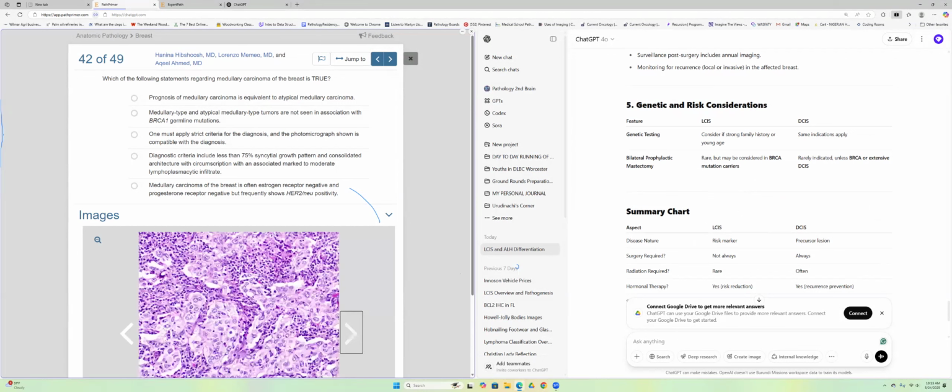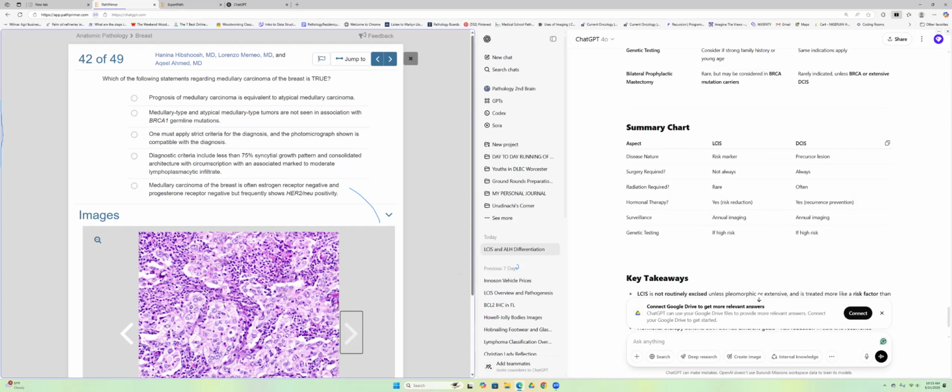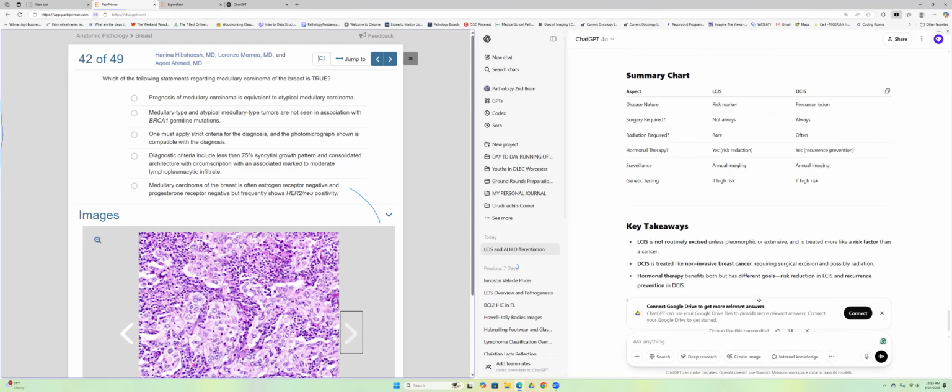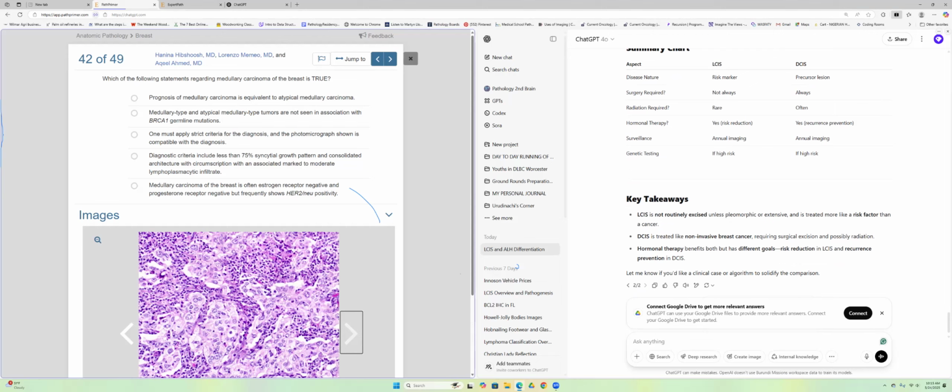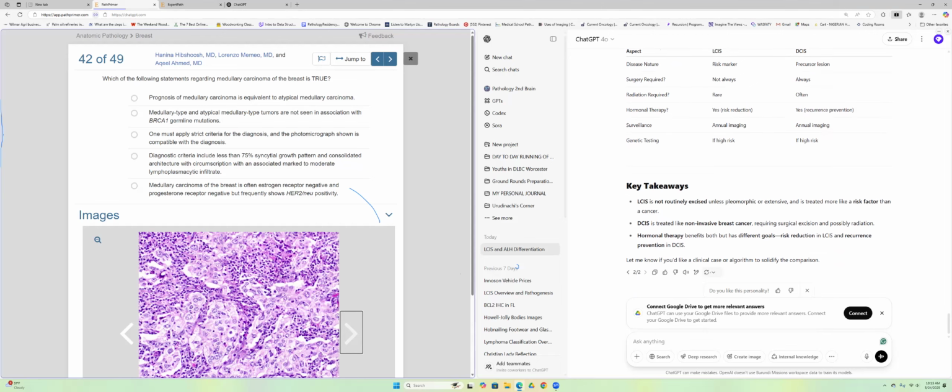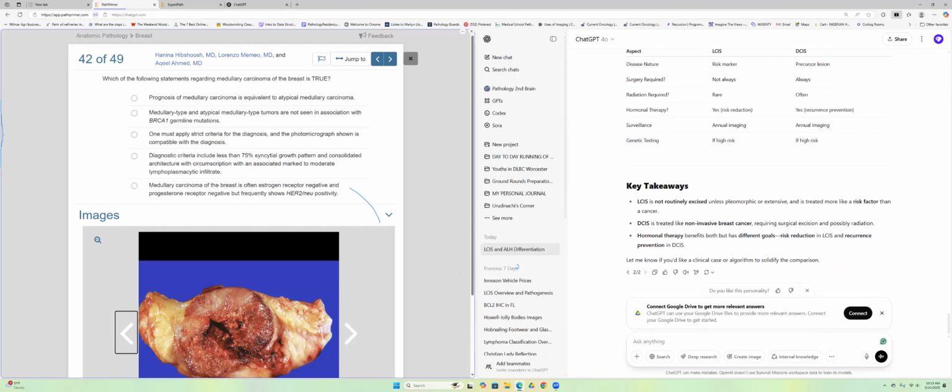Okay, the next question. Which of the following statements regarding medullary carcinoma of the breast is true? Right now, we can look at the following question, right? Yes, we have said already. Which of the following regarding